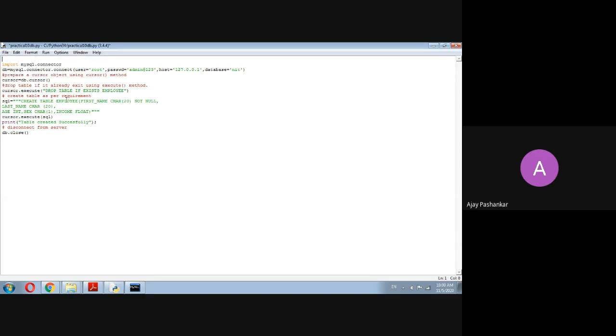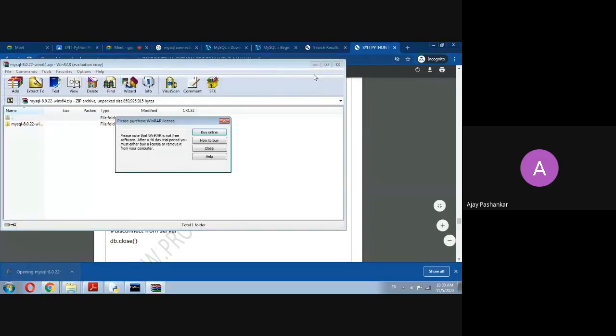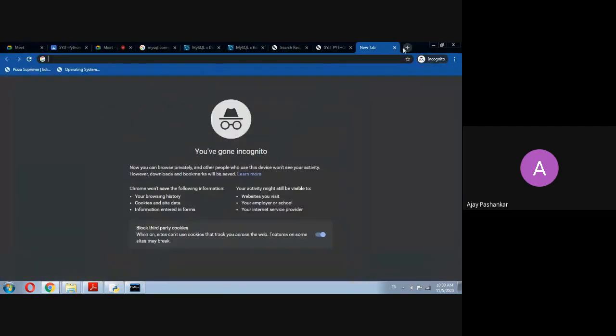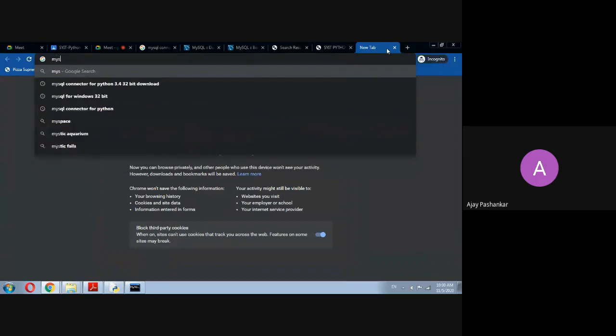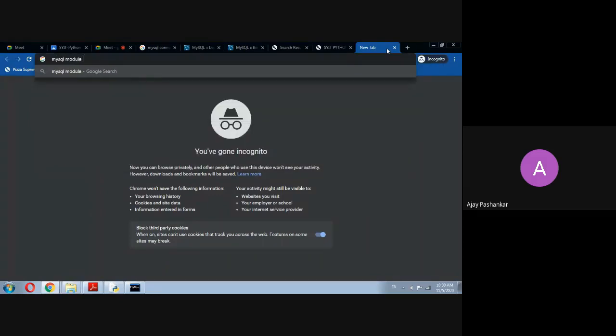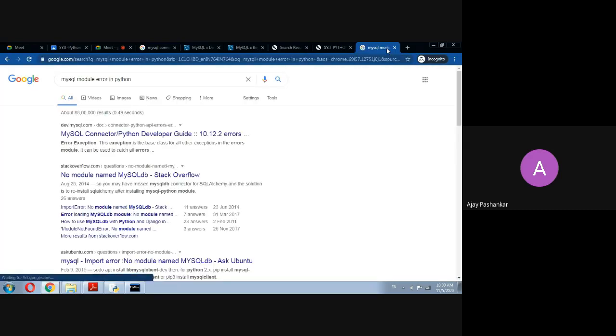So you can search on Google why it is not there. It is already installed, the MySQL connector is installed. Unless and until you fix it, you will receive lots of errors.